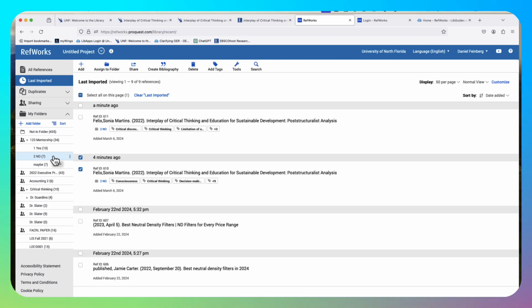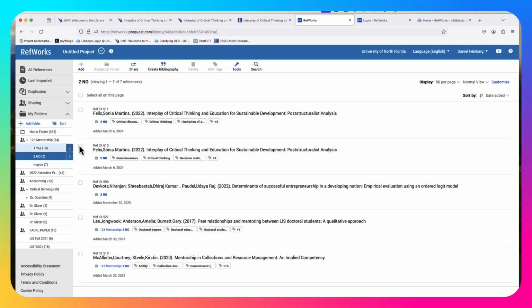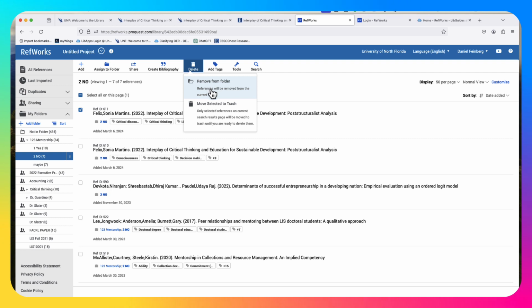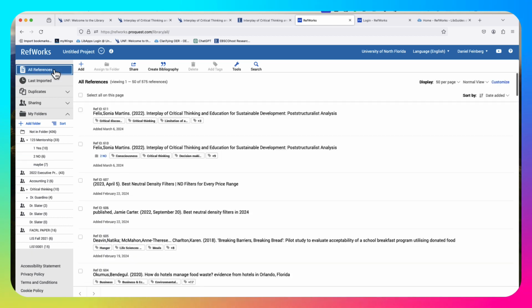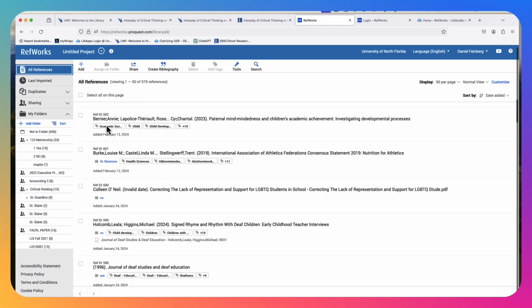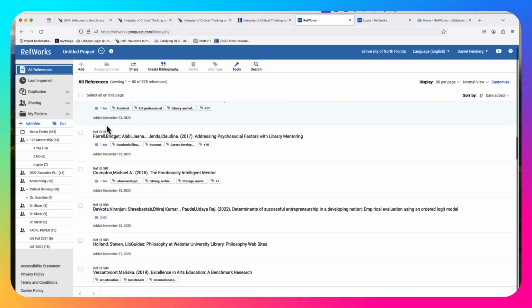So what is the benefit of having folders, you may wonder? Well, first of all, that way you can keep track of which article you're using, which chapter or what part of the article you're using it in. Here we're using the same article twice, right? So we can go in, and I'm going to delete that because you don't want to have duplicates of the same article in that same folder. The other thing you can do is you can also go in and create your all references as one. So this is all the references that I've ever downloaded for any professor that I've worked with.